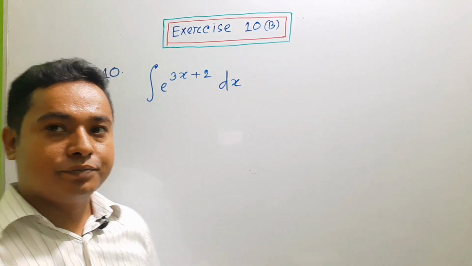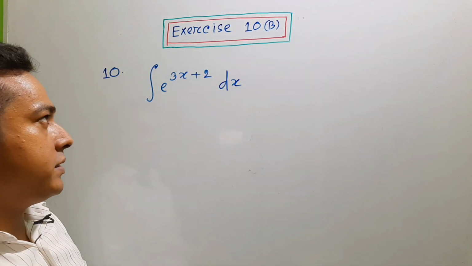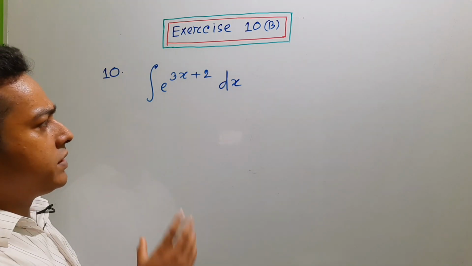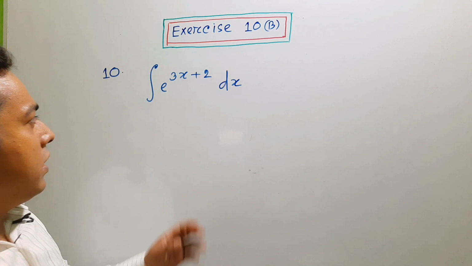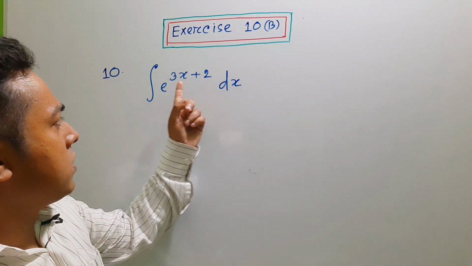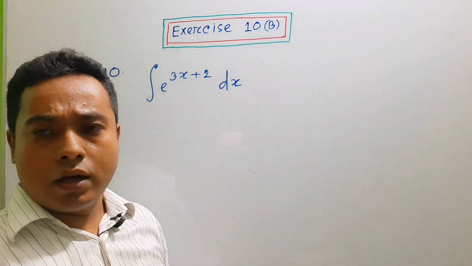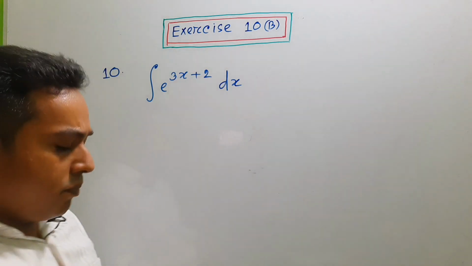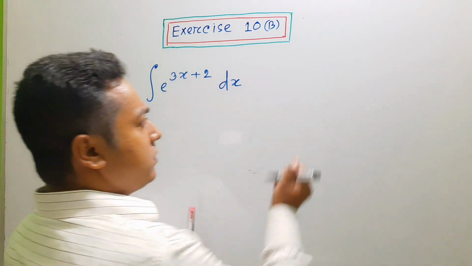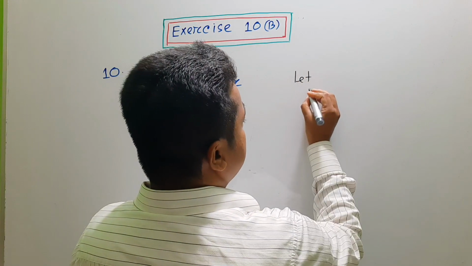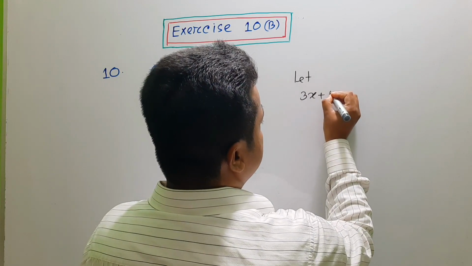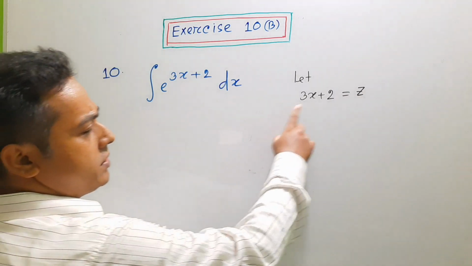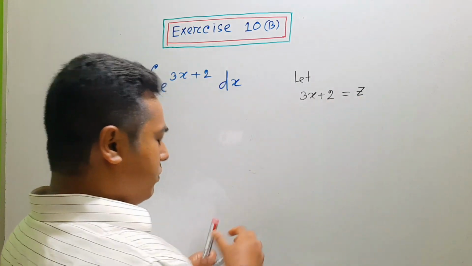Question number 10 of exercise 10b. Here, integration of e to the power 3x plus 2 dx. Consider 3x plus 2 as z. That means substitute 3x plus 2 by z. Let 3x plus 2 is equal to z. By differentiating both sides we can write